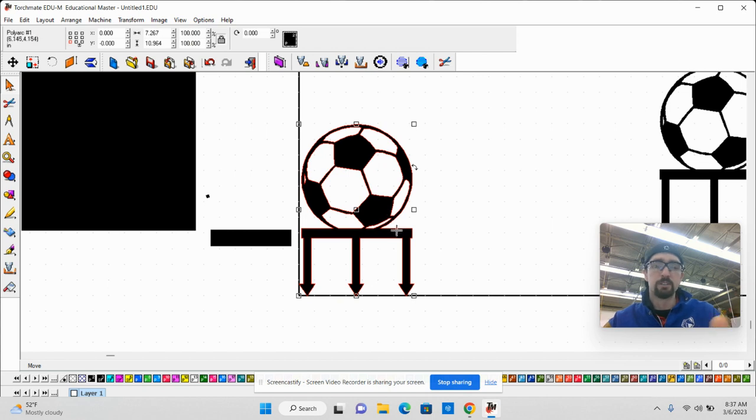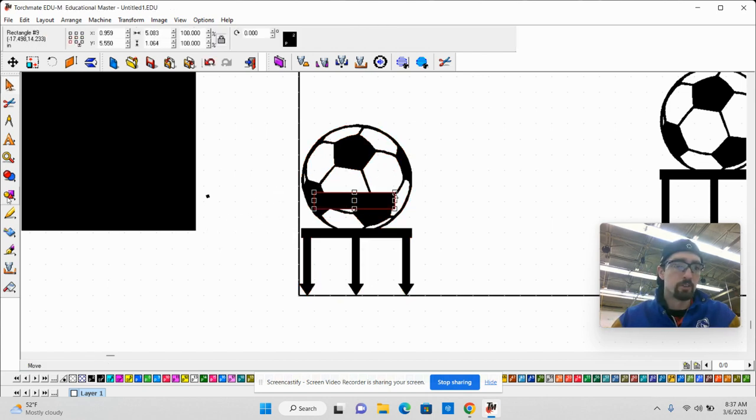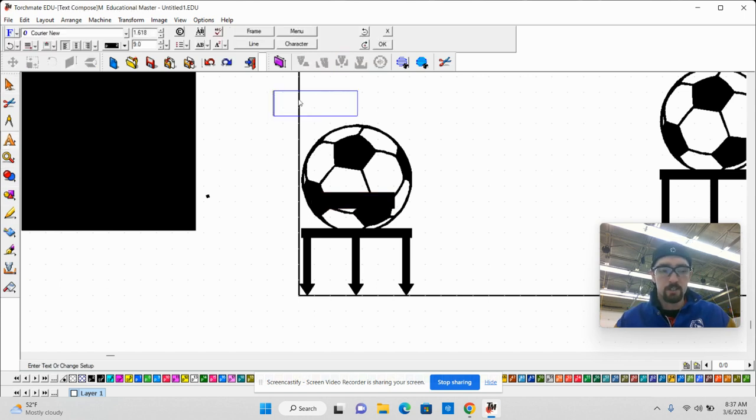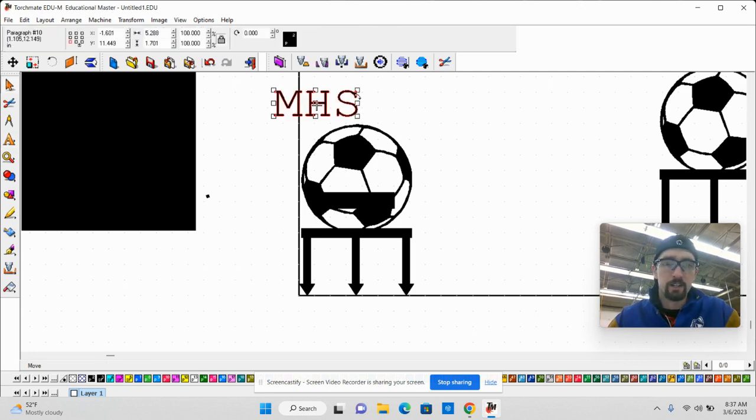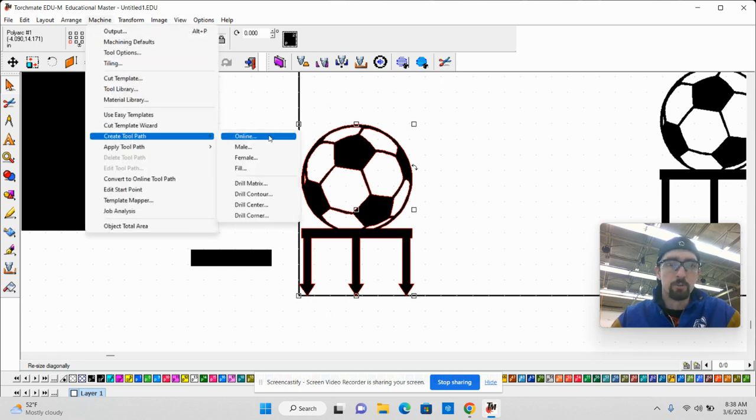My next steps will be to insert a box and then put text on top of it and cut it through. My text will say MHS soccer. I might have to work on the size of that. I might not even be able to with this size of an object, but the next step would be machine, create toolpath,